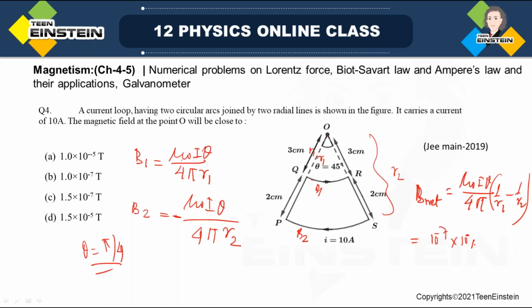Theta is pi by 4 radian, and this will be 4 pi, and whole into 1 by 3 into 10 to the minus 2, so 100 by 3 minus 100 by 5. Okay, so if you write and solve it, I have told you the formula. You just put theta as pi by 4. Now if you put the values, you will be able to get, in fact the calculation will show you that this is